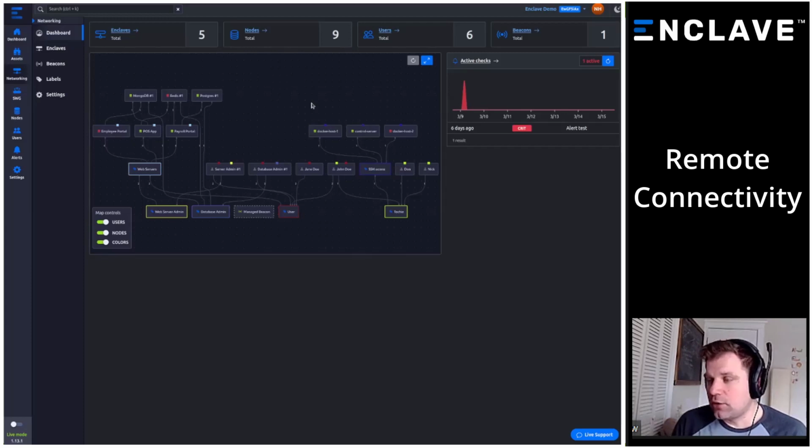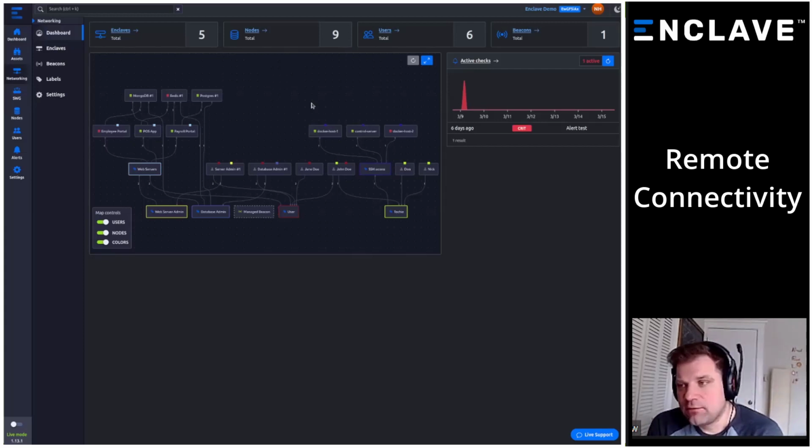What software-defined networking allows us to do is to create a single rule set. And now it no longer matters where these people or these machines exist. So if a machine moves from one rack to another rack or from one data center to another data center, as long as the agent is still configured the way that it was, you will be able to connect to that system. Likewise with people, if they're in the office,